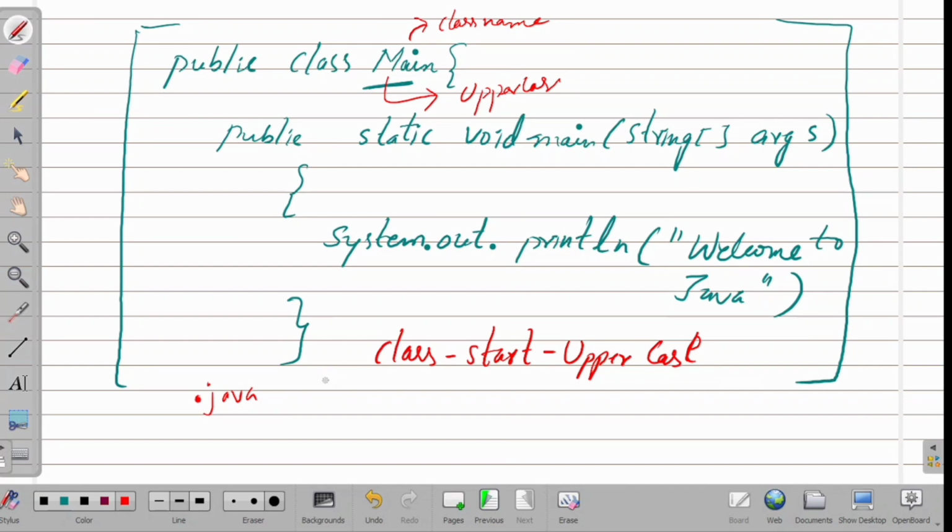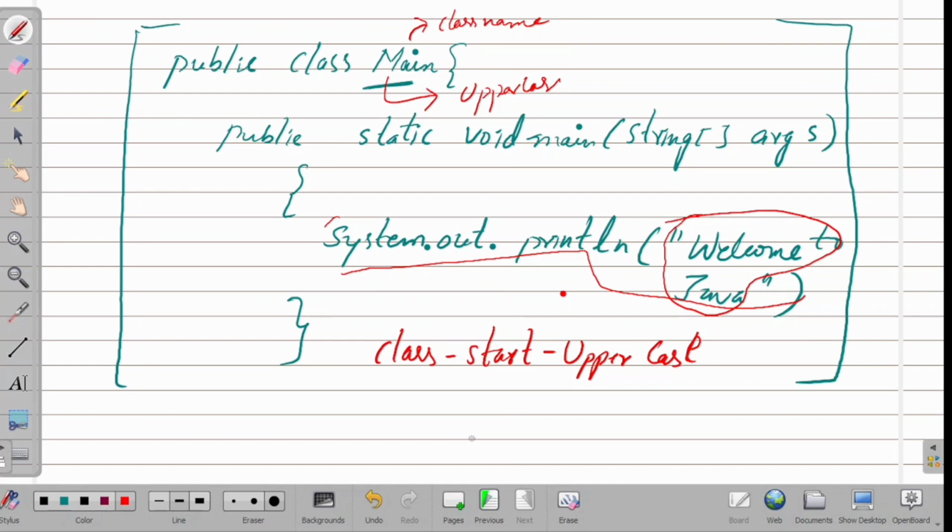Now I'm going to explain the program. So what is this System.out.println? Inside the main method we can use the println method to print a line of text on the screen. Whatever we have written in the print statement will be printed on our console.